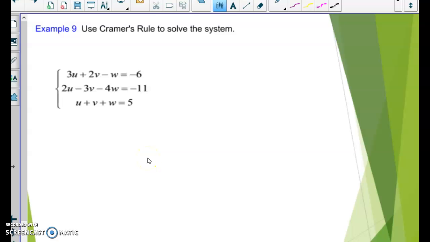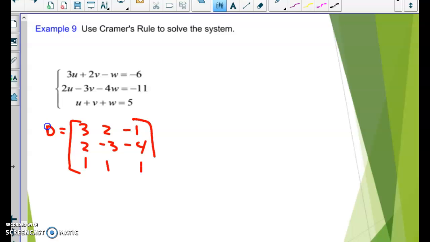All right, so here's our one example using Cramer's rule. What we have to do is find four determinants. So we're going to find the determinant of the first one, and that's what we're going to call our D. So I'm going to use my determinant 3, 2, negative 1, 2, negative 3, negative 4, 1, 1, 1. I'm going to find that determinant first, and I'm going to